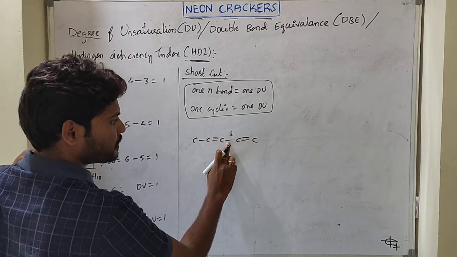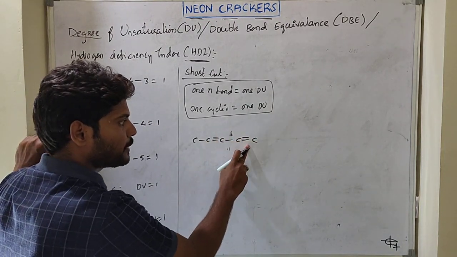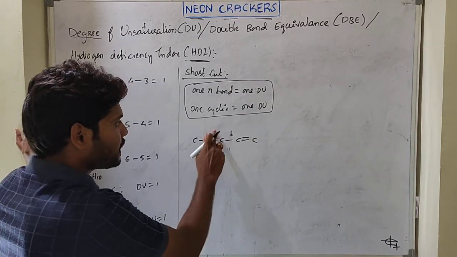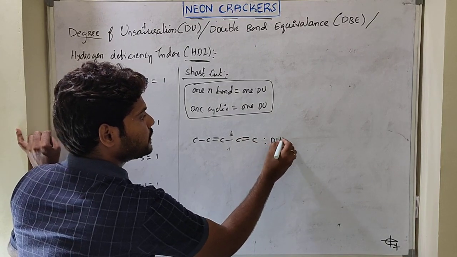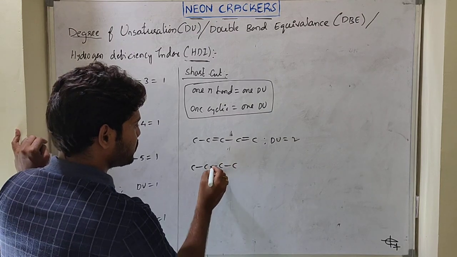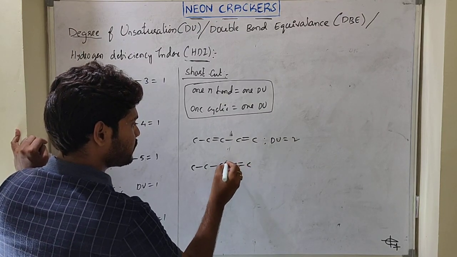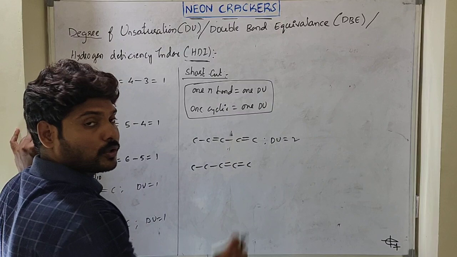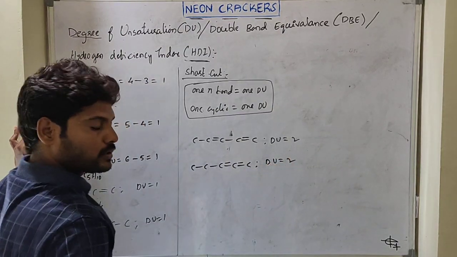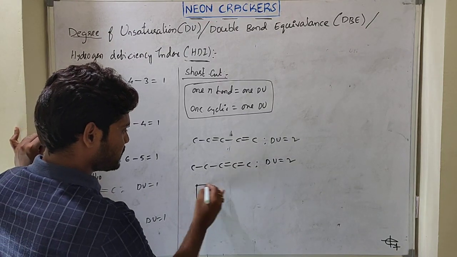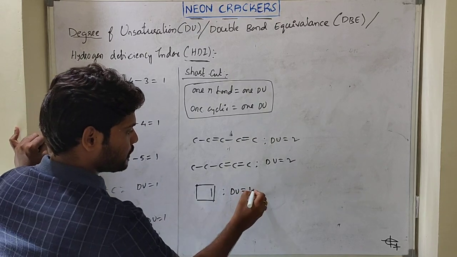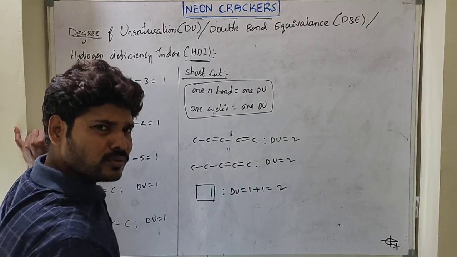Okay. Now suppose you take 1,3-butadiene. In between, one single bond is there: pi bond, single bond, pi bond. It is called a conjugated pi bond system. How many pi bonds are there? 2 pi bonds. So what is the DU? 2. And if you take cumulative pi bonds, same compound, adjacent bonds are called cumulative. Here also how many pi bonds are there? 2. That's why DU is 2. And if we take a compound like this, what is the DU? One cyclic, one pi bond. What is the DU? 2 simply.